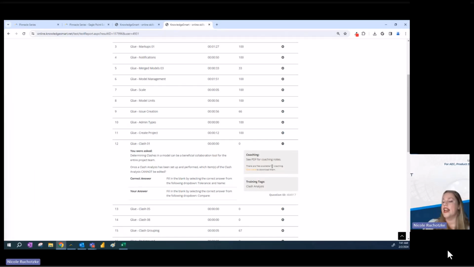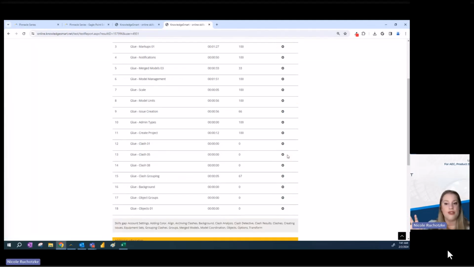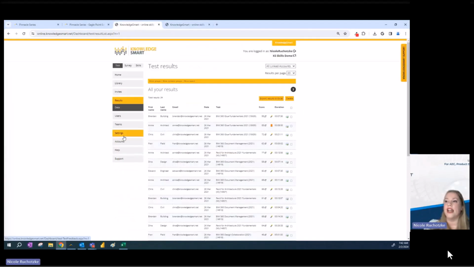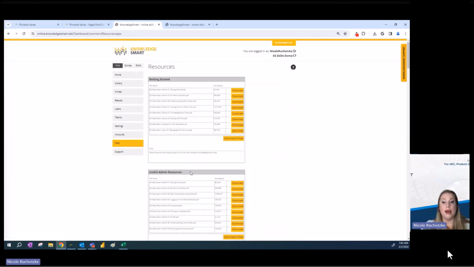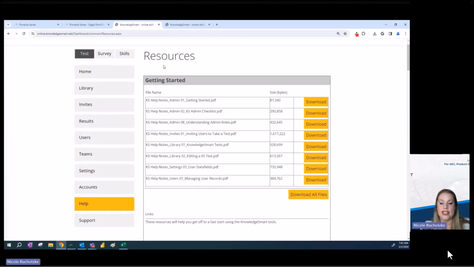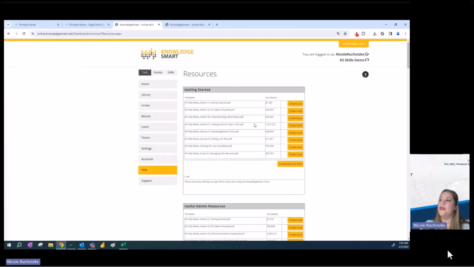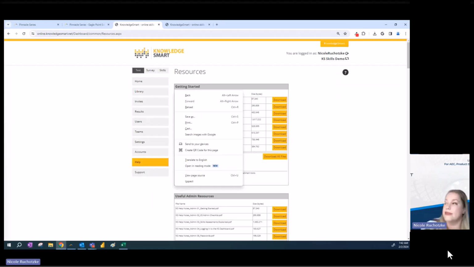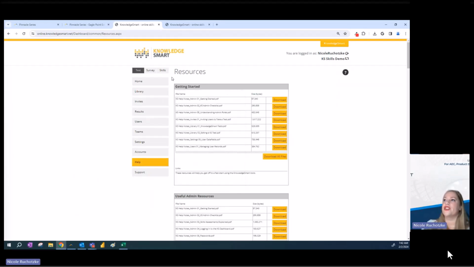Now, organizations do have the flexibility to turn off this summary if they don't want their users to receive an email with it. They can have only partial information shared with them. Again, this information is set within the settings, so that customization piece. Now, for those administrators that are very ambitious and self-driven, there are resources in here for them to be able to access if they're interested in customizing assessments and that sort of thing. So very high level in terms of the test and assessment portion of this. From here, I'm actually going to transition